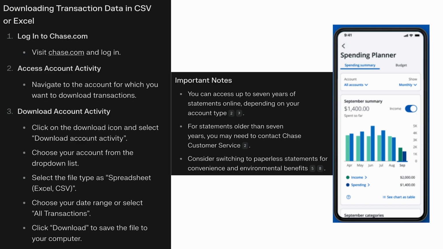Remember that you can only access up to 7 years of the statements online depending on your account type. For statements older than 7 years, you may need to contact Chase customer service. Consider switching to paperless statements for